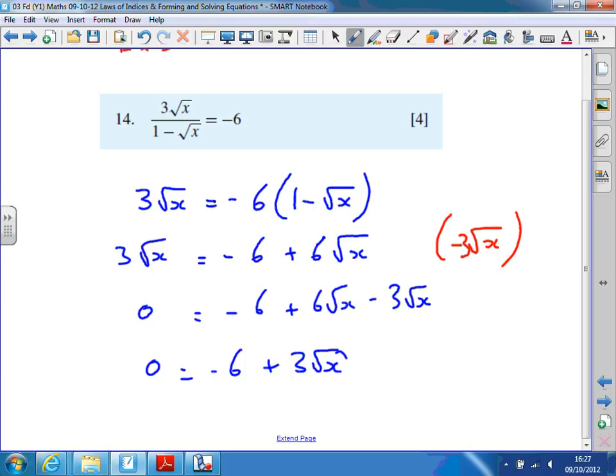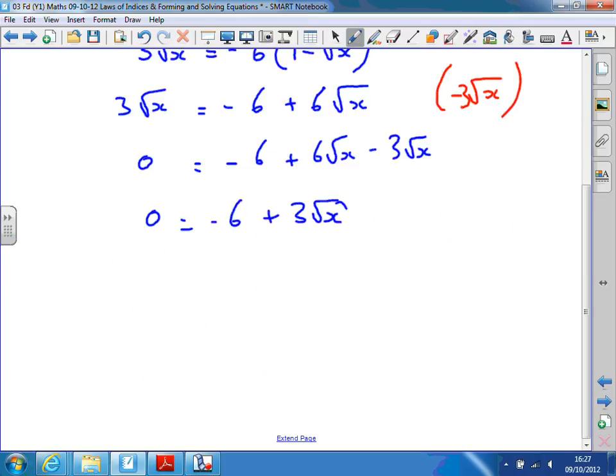Now, get rid of the 6 by adding 6 to both sides. 6 equals 3 times root x. Now divide both sides by 3. 6 divided by 3 is 2. So finally, I've just got to square to get rid of that root. So squaring both sides, x equals